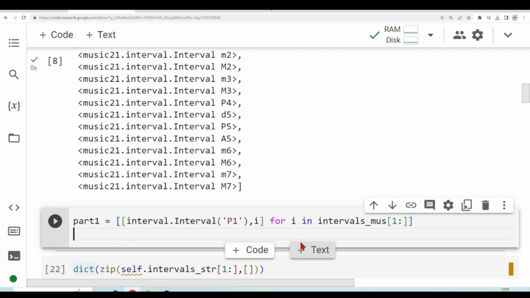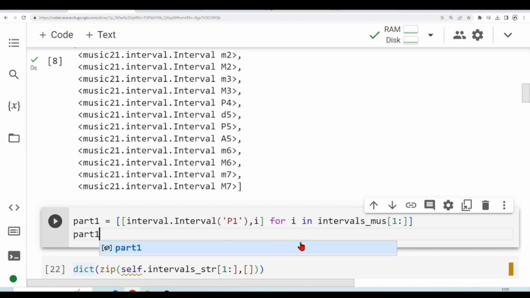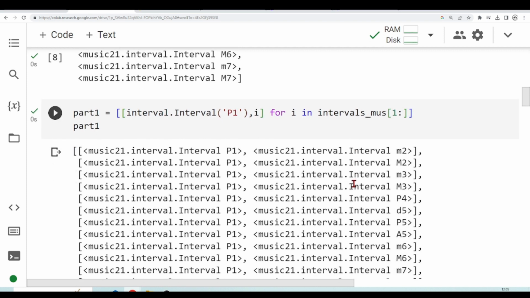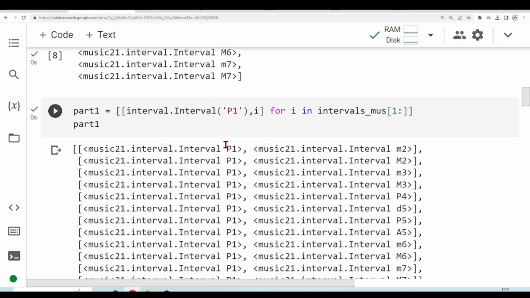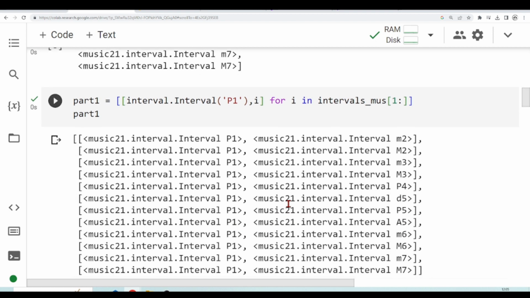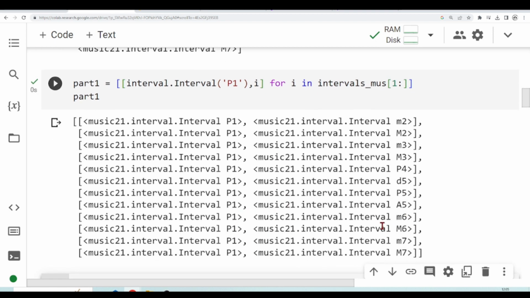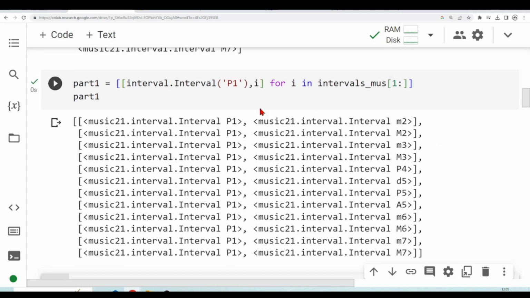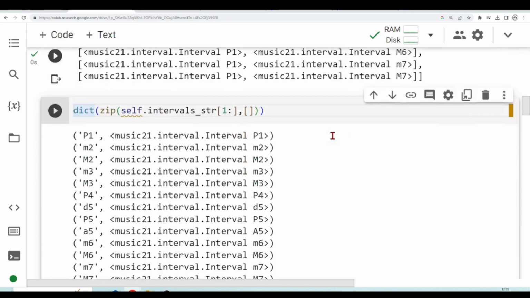So when we take a look at this part 1, we have our list of pairs of intervals. So minor second, minor third, major third, perfect fourth, diminished fifth, perfect fifth, augmented fifth, minor sixth, minor 7, major 7, and this is the part 1 inside this